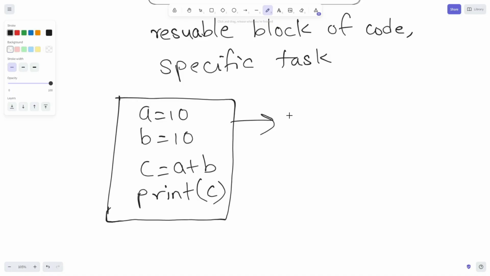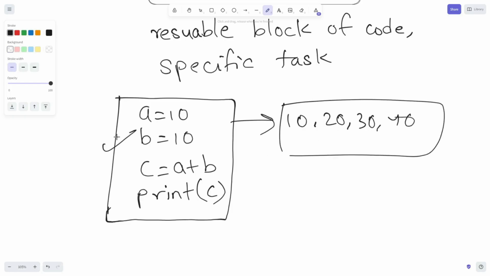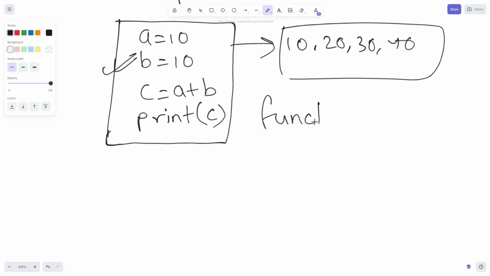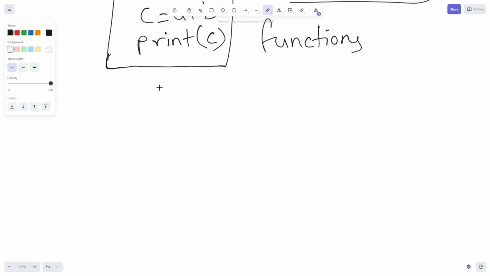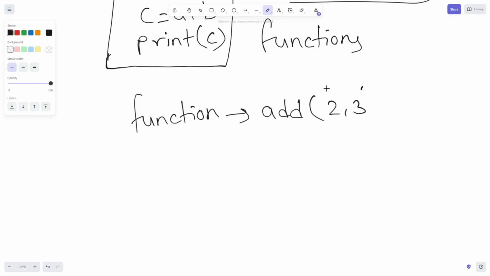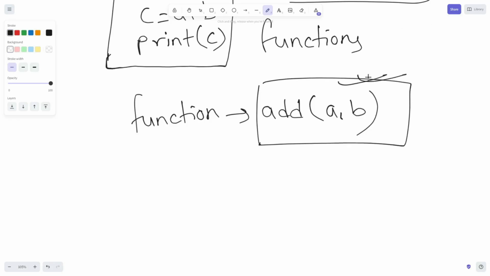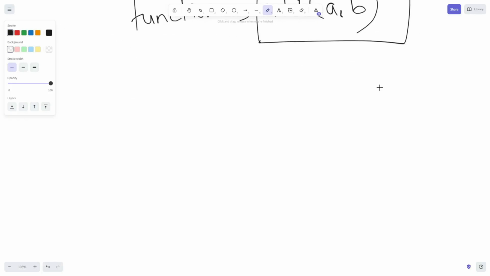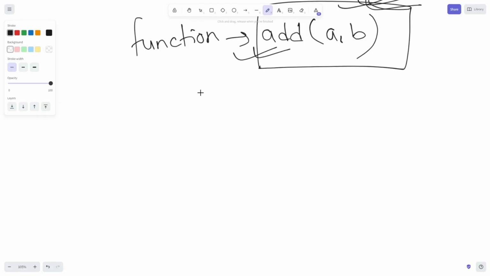What if you had to do this 10, 20, 30, 40 times? You'll not write this same code over and over and over again. That's where functions come in. With functions, we can create a function that will add two integers, say 2, 3. Or I'll give a separate variable. So we will create a function that will just add two numbers. So whenever we want to add two numbers, we'll just call this function. So let's say 2, 3, it will directly give us the answer without having to write the whole big code